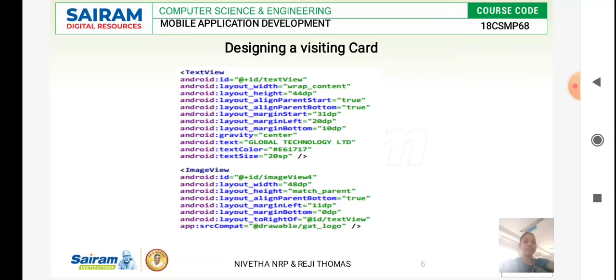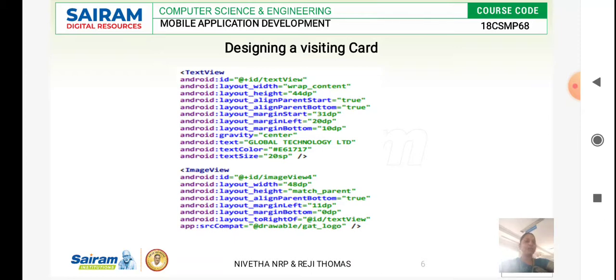So we give the layout of that, what are the margins we have, what is the distance between the words, everything we are giving, and what is the text we are going to print. We are going to print the text as Global Technology Limited. So we are giving that in the text, and the text color. Each and every color has a unique code, and we are giving the color code of that specific color we are going to choose, and what size it has to be displayed. Everything we have specified in the text view.